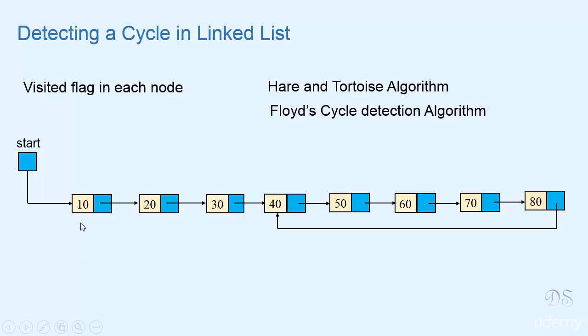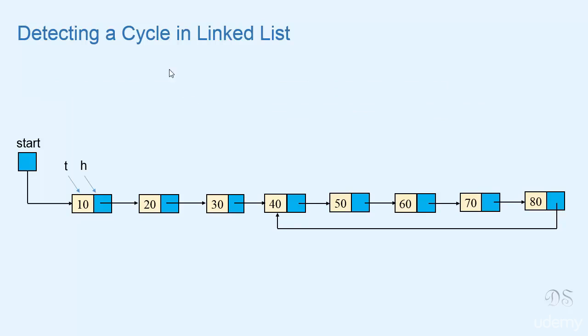So now let's start and see how we can find the cycle in this linked list. We'll take 2 pointers, one slow pointer and one fast pointer. This slow pointer denotes the tortoise and this fast pointer denotes the hare. So this slow pointer will move one node at a time and this fast pointer will move 2 nodes at a time. So let's move them. Now this tortoise pointer will come here and this hare pointer will come here. Now this tortoise pointer will come here and this hare pointer will also come here. So now both of the pointers met at a node. This means that the list has a cycle.